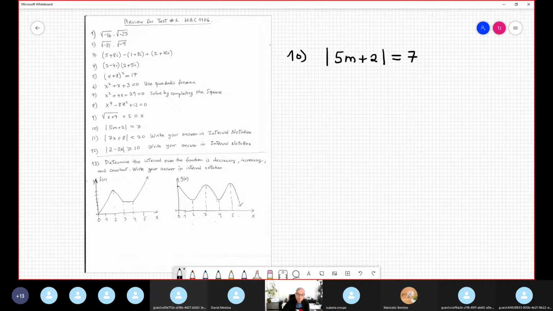Remember the shortcut? You copy, in this case, the right hand side is positive. When the right hand side is positive, we expect two solutions. The two solutions are, let me show you. The two solutions are,